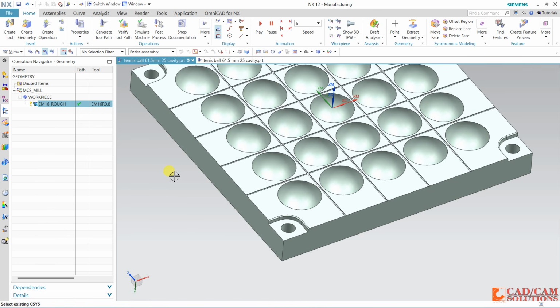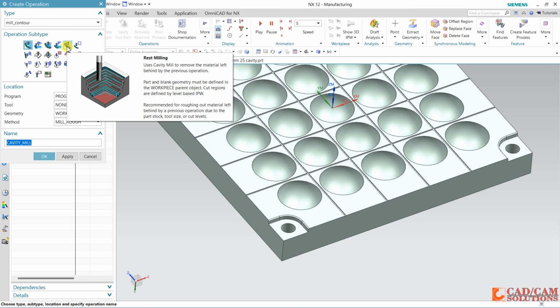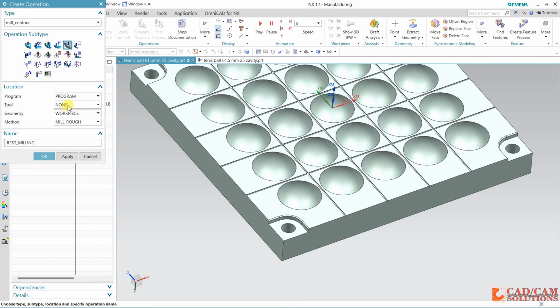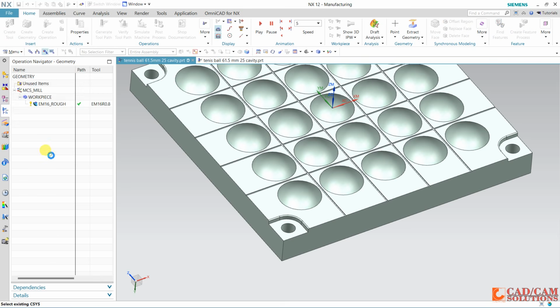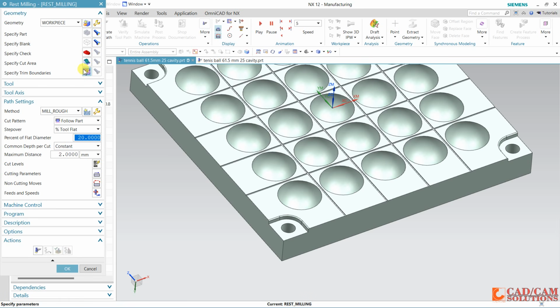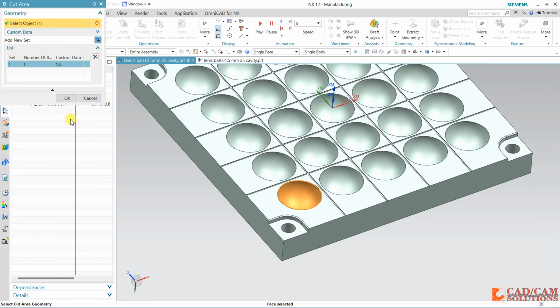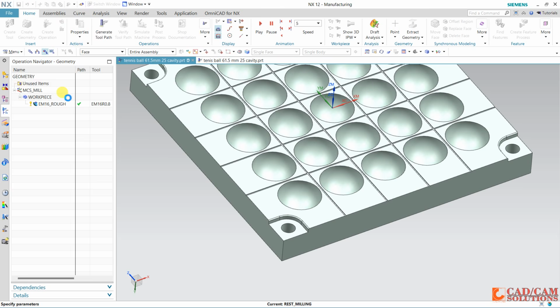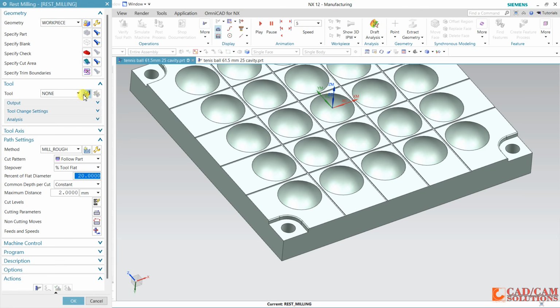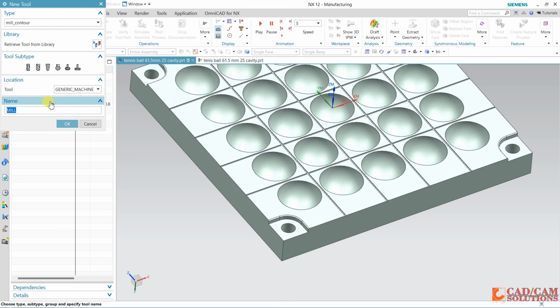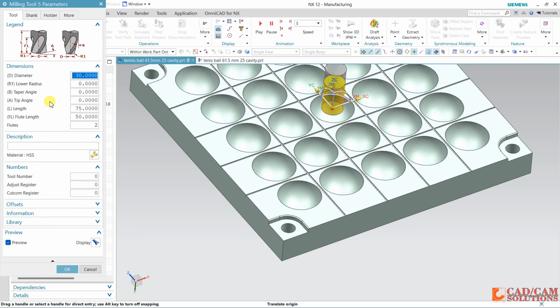Now rest milling. For rest milling select here, and this is the rest mill and tool. Okay, no problem, I will define it later. And click here, I want to cut this one. Okay, and come to this tool, and I want a new tool, end mill with 8 dia. Okay, and 8 is a dia,